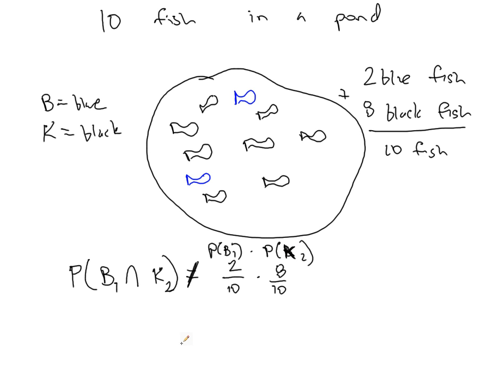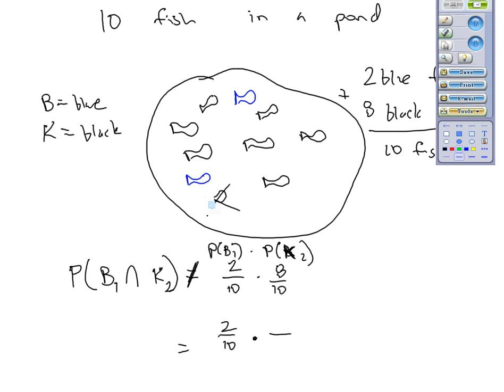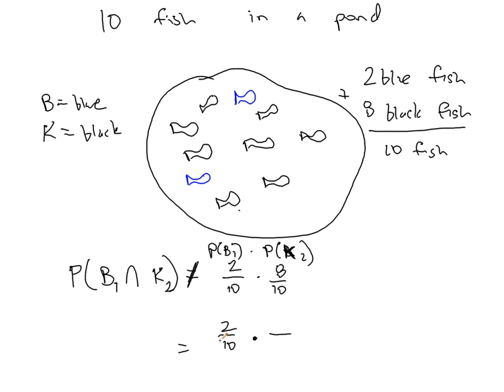That is to say that we should be doing the probability of a blue fish is 2 out of 10. But now that we've already fished out one of those blue fish, the probability has been modified. So we've already fished out a blue, so that guy's gone. Well, now the probability of catching a black, well, there's still 8 blacks left in the area, but there are only 9 fish left in the pond. So the probability